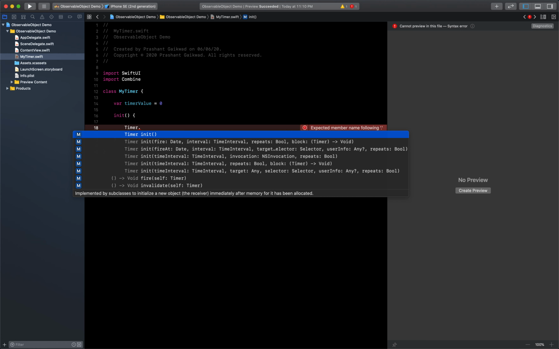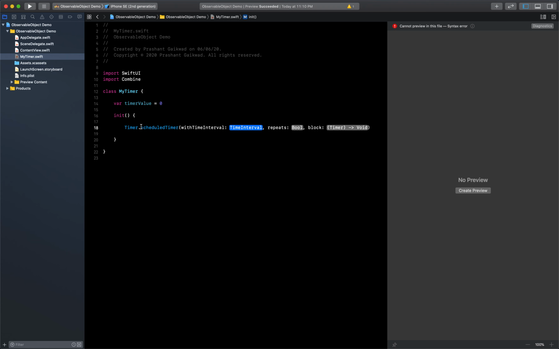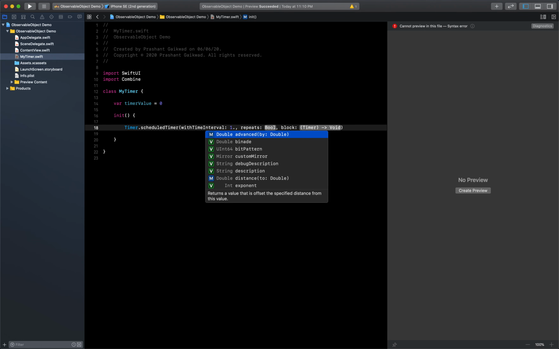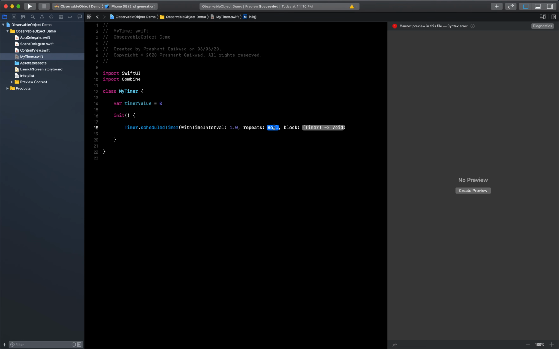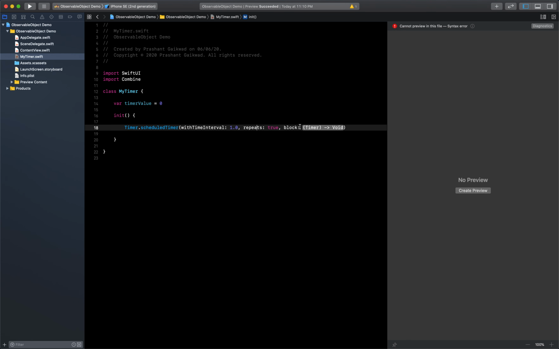So inside Timer, this is the Apple Timer framework. Inside this we have this function scheduledTimer. We will use that. What it will do is schedule a timer with interval, meaning every 1 second I want this timer to update, so I will pass 1 here. Then yes, I want to repeat it after every second, so I will say true.